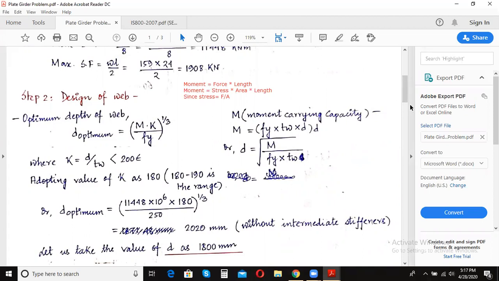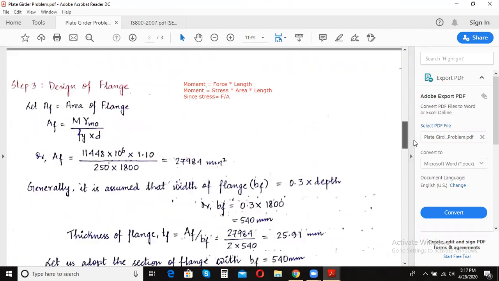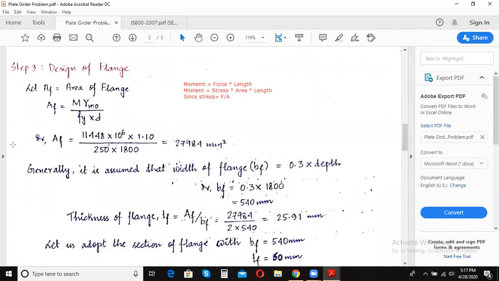We are modifying this formula into this format, where M is equal to Fy, the yield stress of steel, into the area of flange, AF, into D. What is D? D is the depth of the web.